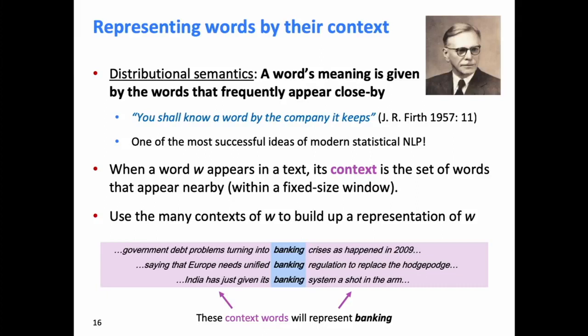And the idea of distributional semantics is that we represent the meaning of a word by looking at the context in which it appears. So this is a picture of J.R. Firth, who was a British linguist. He's famous for this saying, you shall know a word by the company it keeps. But another person who's very famous for developing this notion of meaning is the philosopher Ludwig Wittgenstein in his later writings, which he referred to as a use theory of meaning. Well, actually, he used some big German word that I don't know, but we'll call it a use theory of